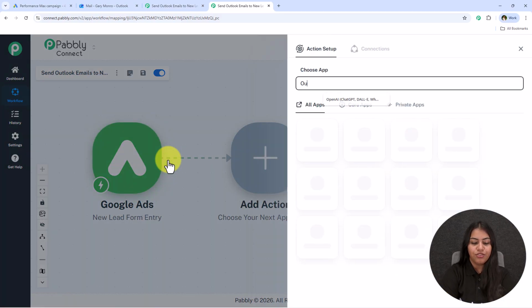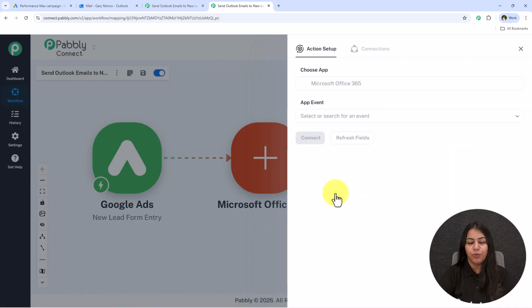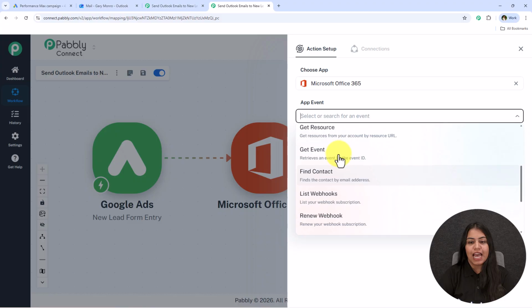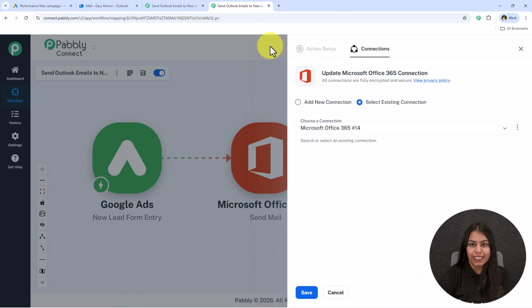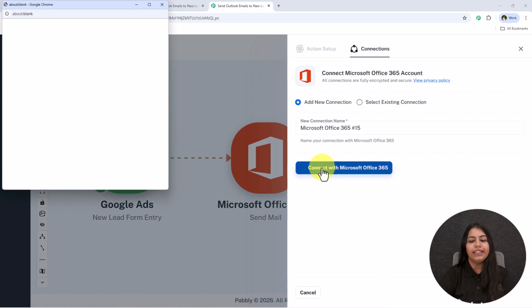For the action application, search for Microsoft Office 365. So let's search for Microsoft Office 365 and select it right over here. For the event, you have to select it as send email and then click on this connect. Now if you've already created a connection between Microsoft Office and Pabbly Connect, then click on the select existing connection and then save. But if you haven't, follow me, click on add a new connection and then connect with Microsoft